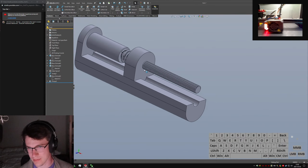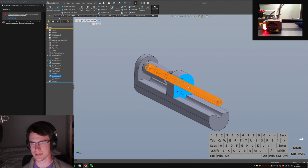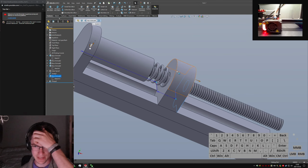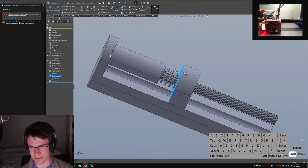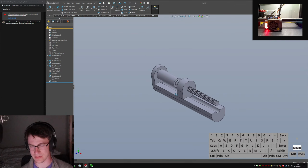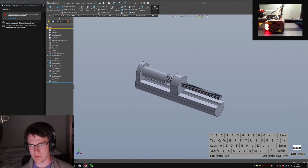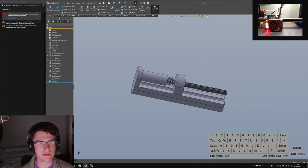Yeah, there we go. So, we got an M6 bolt down the middle. We've got this guy, which can slide back and forth. I mean, it can't because it's fairly locked in place, but, well, actually, hang on. Nope, that just didn't do anything. Very cool. Thank you, SolidWorks. If I rebuild it, is it going to do something dumb? No, thank goodness. So, this M6 screw down the middle, we will have the whole sort of GPS Acme thread